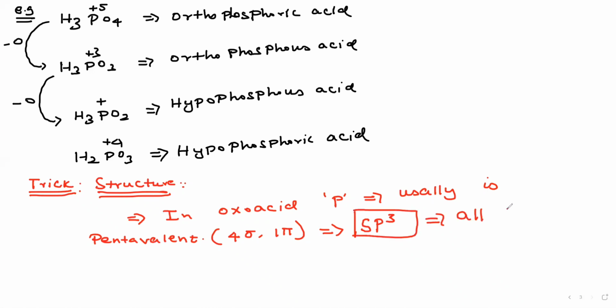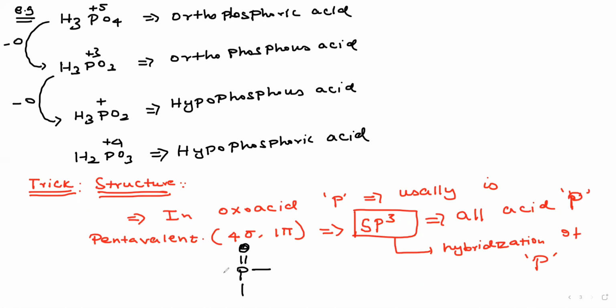Take any type of oxyacid of phosphorus; this is the hybridization state of the phosphorus atom. Understand? So what is the common structure? Phosphorus, a double bond to O, then a bond to OH. This is pentavalent, right? How many bonds on the phosphorus atom? 1, 2, 3, 4, 5, pentavalent. This is a common unit for all the oxyacids of phosphorus.